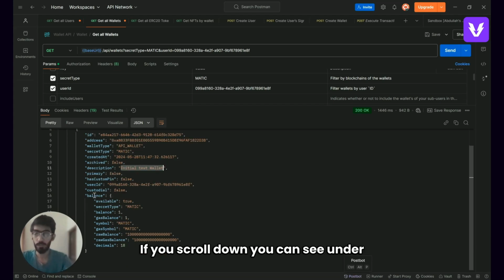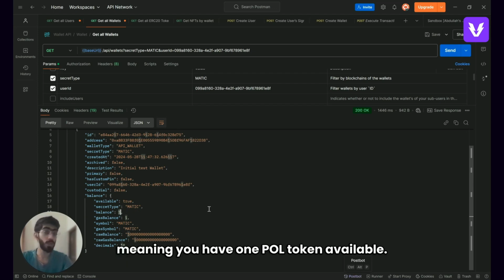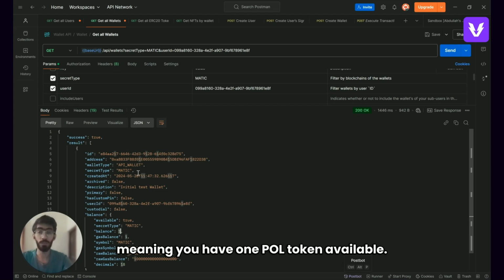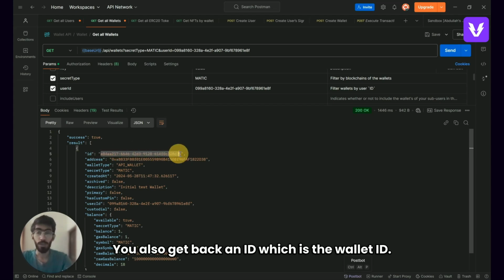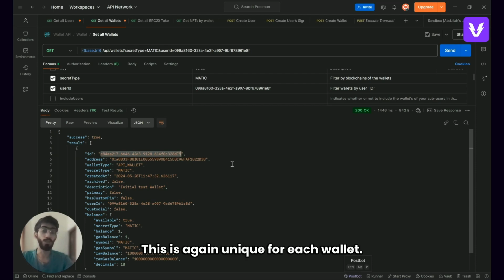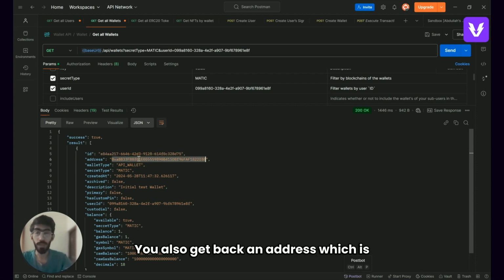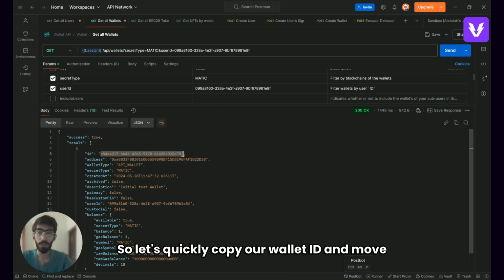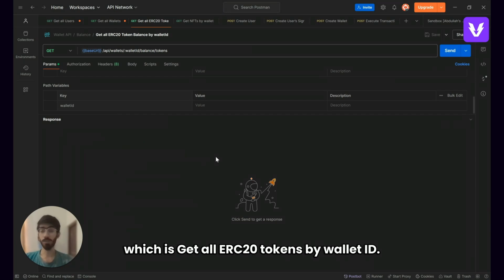If you scroll down, you can see under balance, it is indicated as 1, meaning you have one POL token available. You also get back an ID, which is the wallet ID. This is again unique for each wallet. You also get back an address, which is the publicly available wallet address. You can share this with someone if you want to receive funds. So let's quickly copy our wallet ID and move on to our next endpoint, which is get all ERC20 tokens